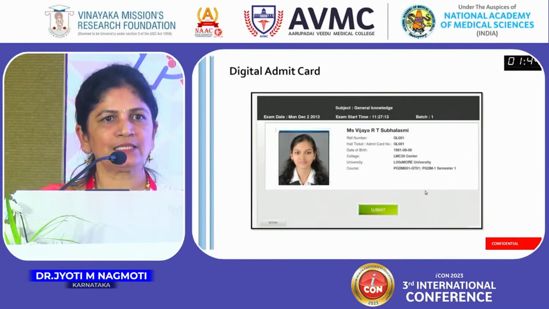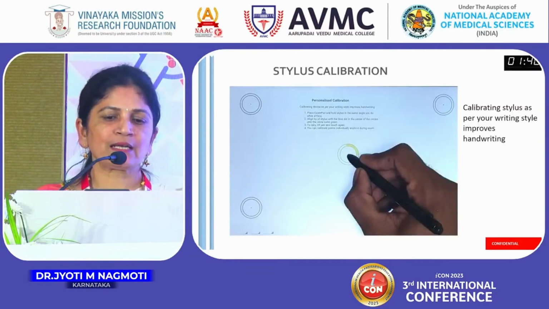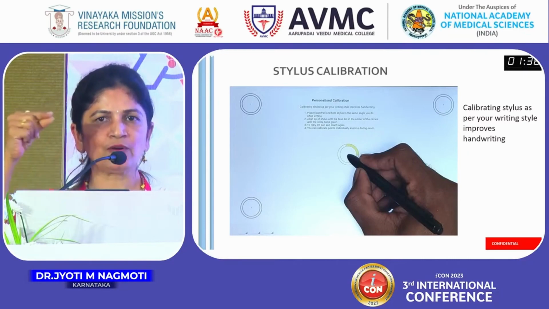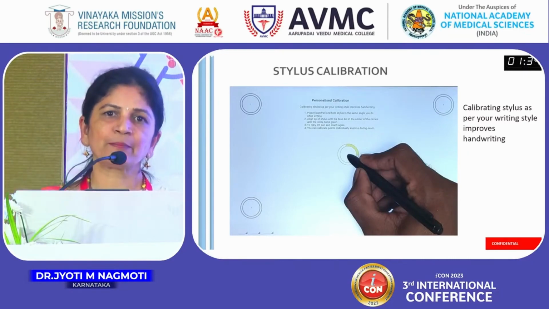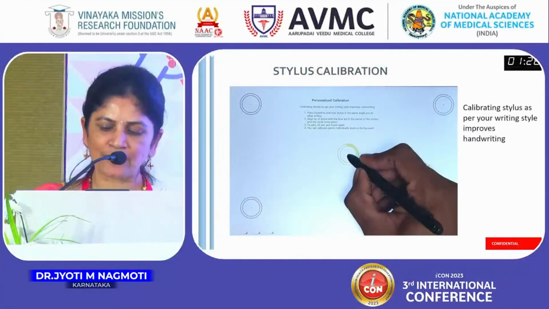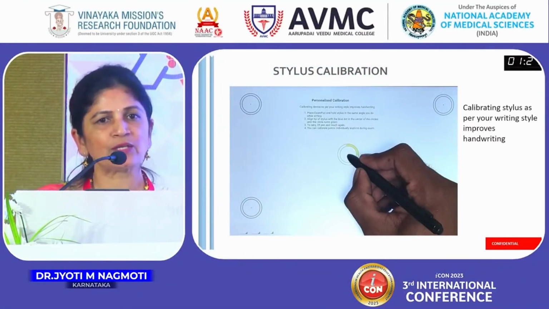This is how the digital hall ticket opens up. Stylus calibration is another important feature of this. The student can practice his own style of holding the stylus, and it can be calibrated according to that style of holding. That is to get a better handwriting on the e-pads. Our student feedback is that initially, for just one exam, they will be a little uncomfortable, but later on they just don't